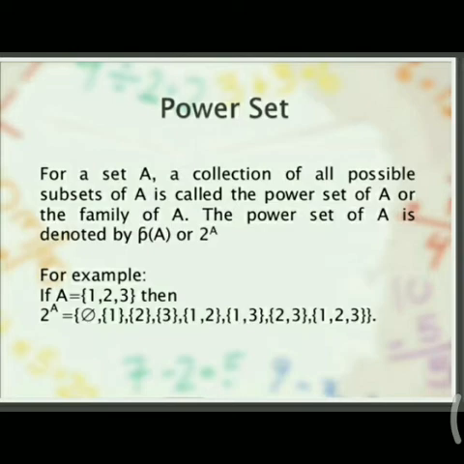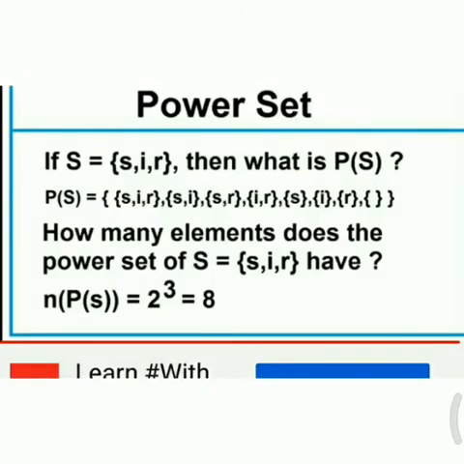It is the power set. Here we have to write the power set of the given set. First we write all possible subsets of the set by taking one element, by taking two elements, by taking all the three elements, and an empty set. All these subsets are written within curly brackets so that it makes a power set.